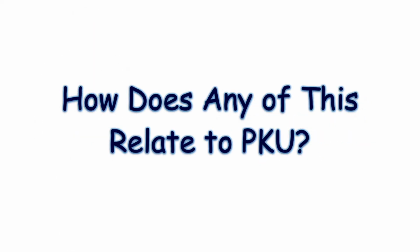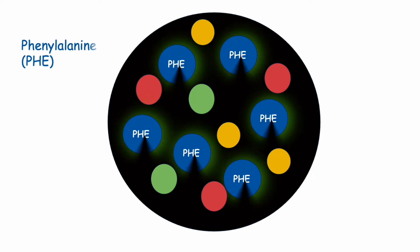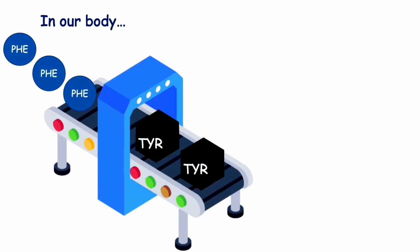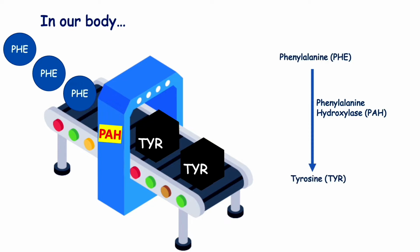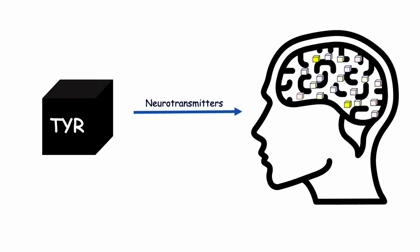But how does any of this relate to PKU? Well, in PKU, the body cannot process one of these amino acids, which is phenylalanine, also known as Phe. In our body, we normally use an enzyme called phenylalanine hydroxylase or PAH to convert phenylalanine into tyrosine. For PAH to work, it needs a special substance called BH4. Once phenylalanine is converted to tyrosine, tyrosine then gets converted into neurotransmitters, which are small molecules important for healthy brain